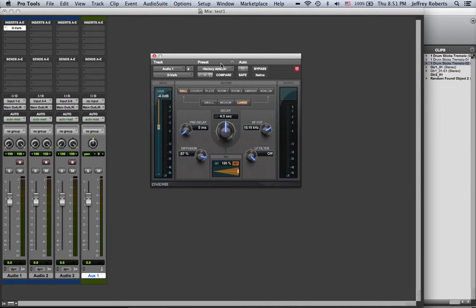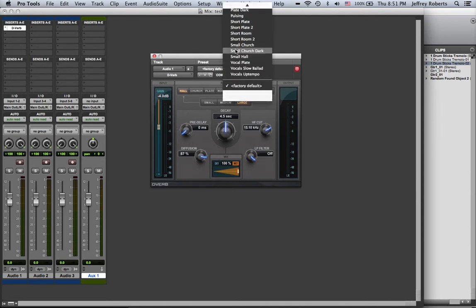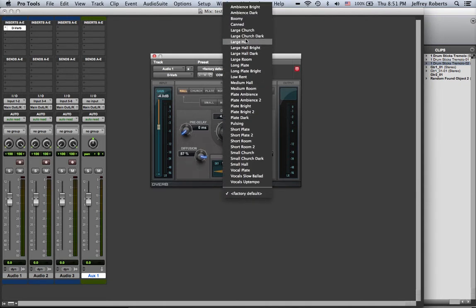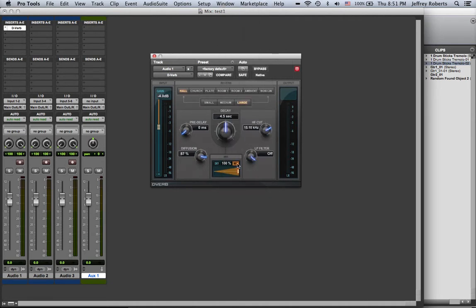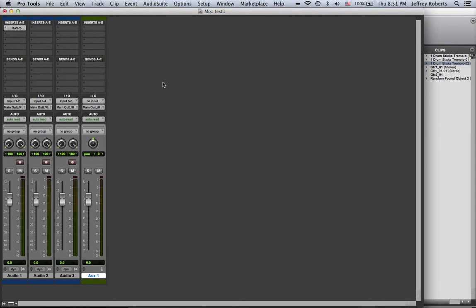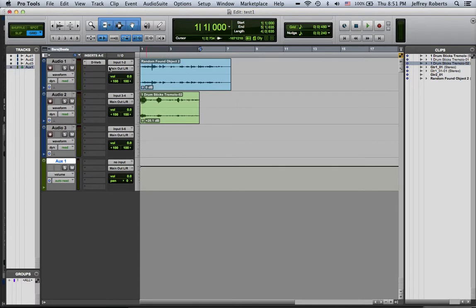There are different factory defaults that will give you specific acoustics of different spaces. The other thing is that you can decide, by clicking and dragging this element, how much or how little reverb. You can see dry over here, which means very little processing, and then wet over here. So you can decide on that. And again, this insert, if we go back to the edit view,